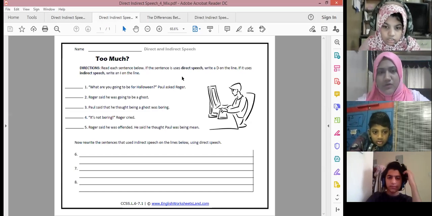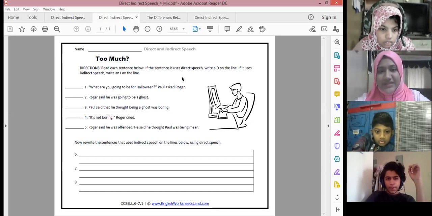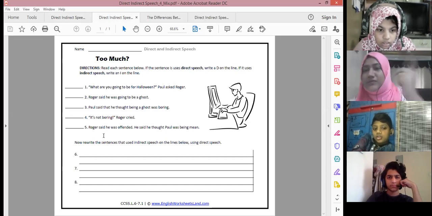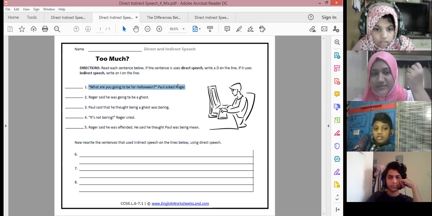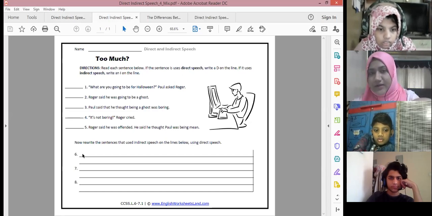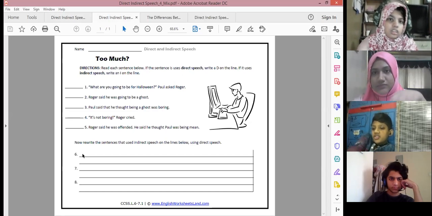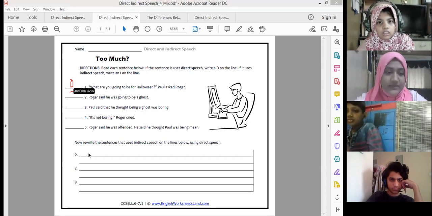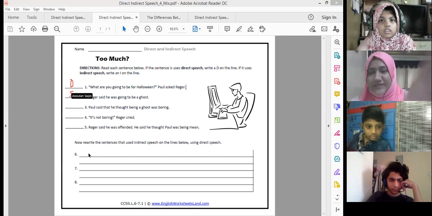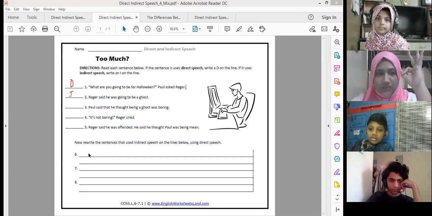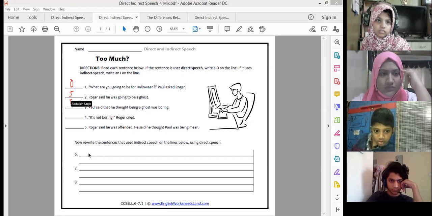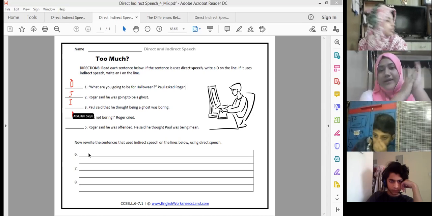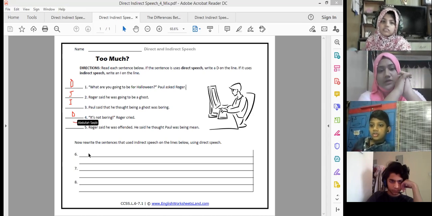Read the sentences below. If the sentence uses direct speech, write D, and if okay, we've done that. How about we twist it a little? Only the direct speech sentences that are given, you write them as indirect ones. We have to write that in the notebook. Yes, in the notebook. Exercise 3. Only the direct speech sentences. I think there are only 2 or 3. Only 2 are there. So go ahead and write those 2 sentences into indirect speech.